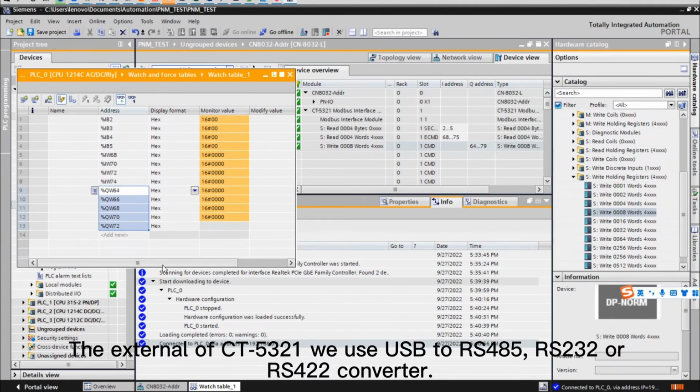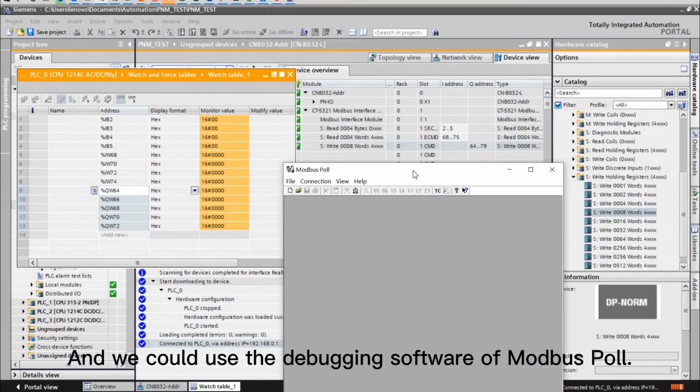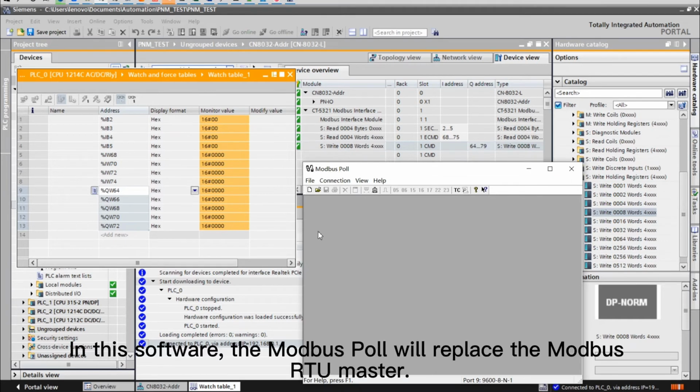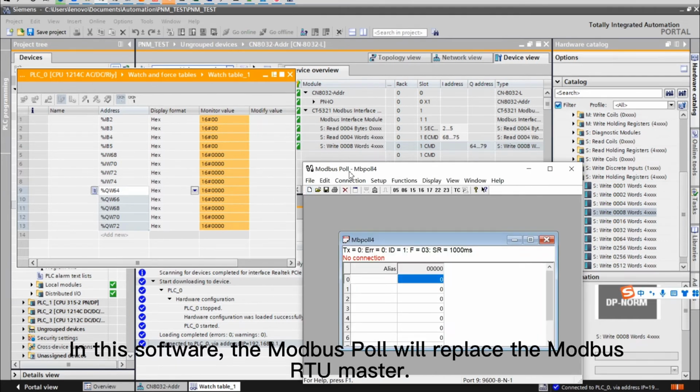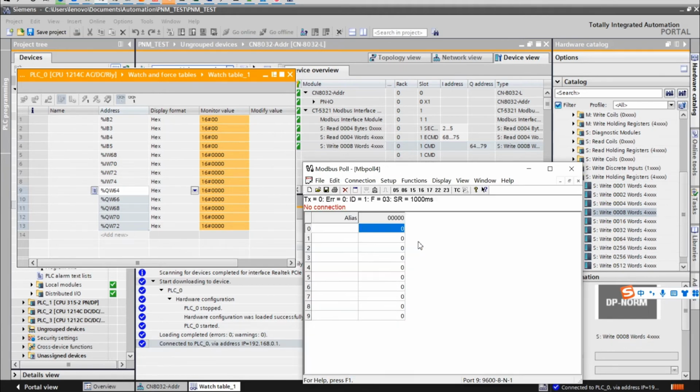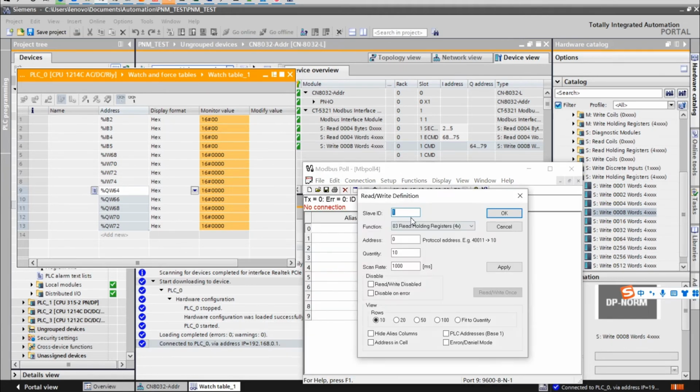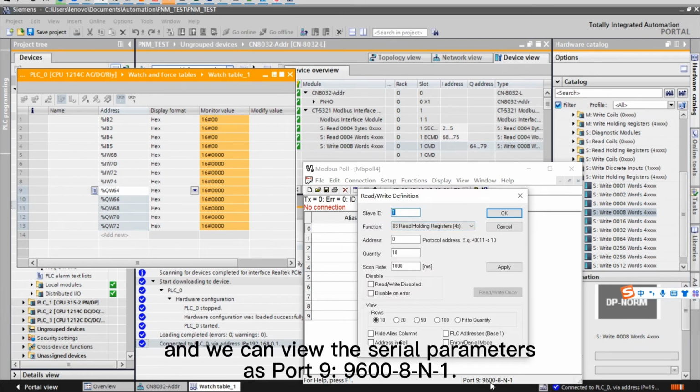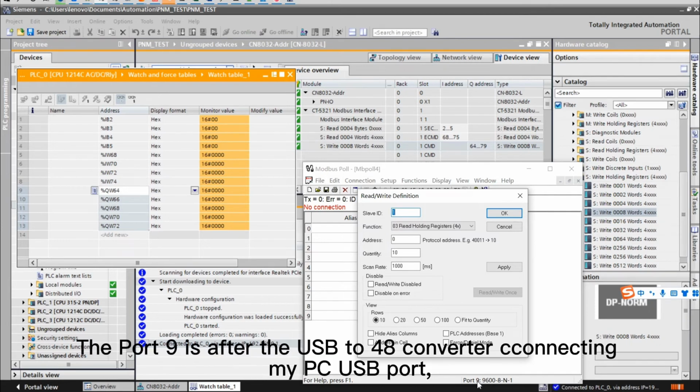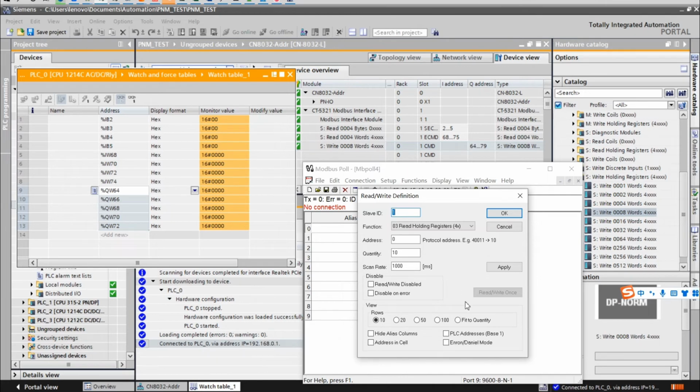For the external side of CT-5321, we use a USB to RS485, RS232 or RS422 converter. And we could use the debugging software Modbus Poll. In this software, Modbus Poll will replace the Modbus RTU master. Let us configure. And we can view the serial parameters as port 9, 9600-8-1. Port 9 is after the USB to 485 converter connects to my PC USB port, and it will generate a